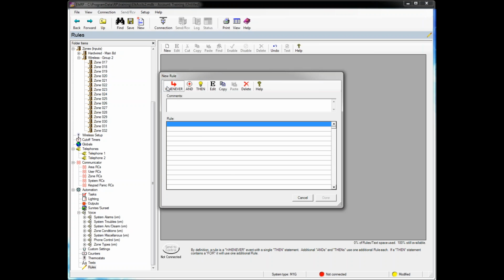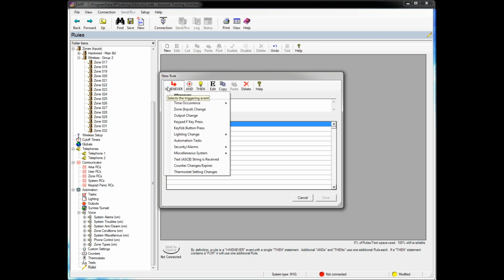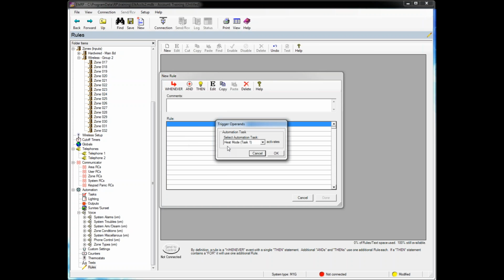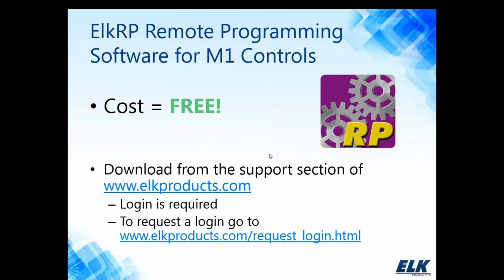All right, lighting change. Those automation tasks. Let me jump in here real quick because we've set up our automation task. We called it heat mode. And so, for instance, whenever heat mode task 1 is activated,